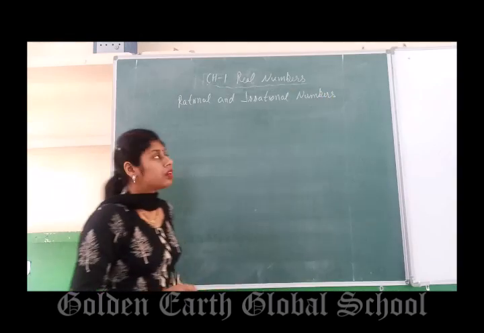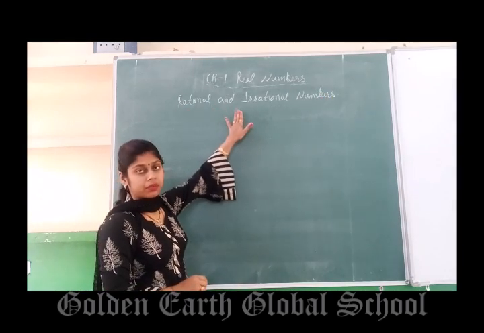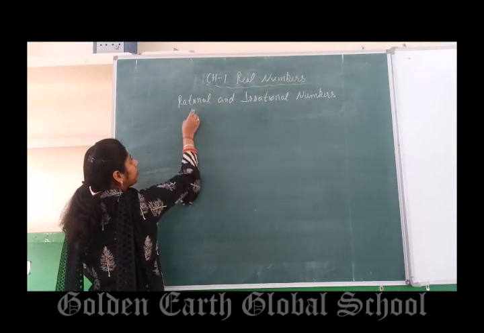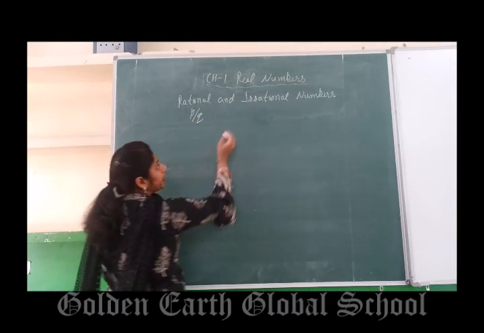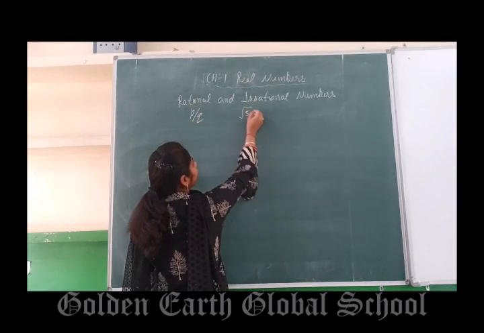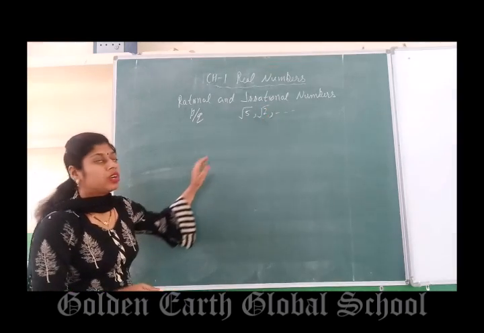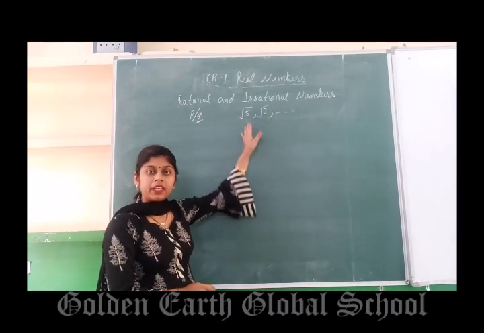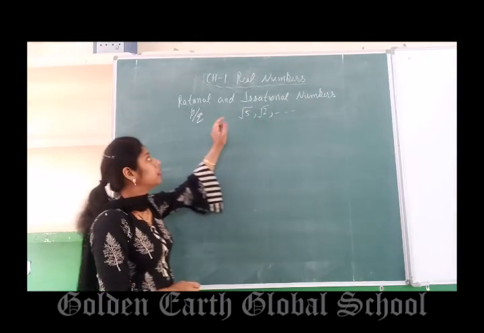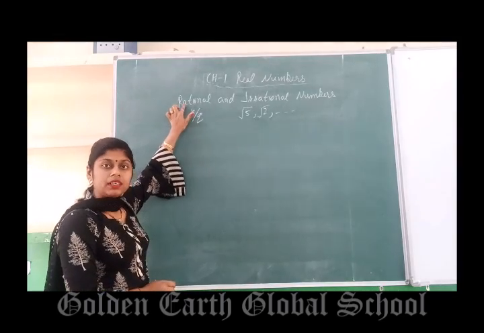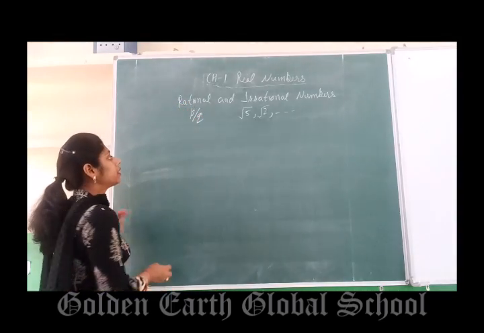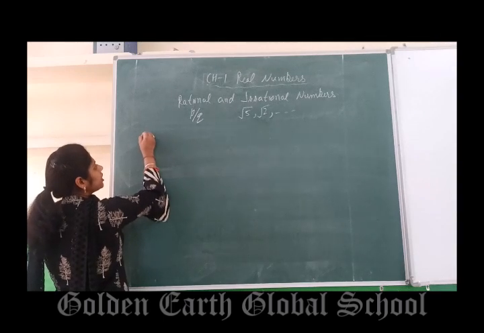Last year we learned what rational and irrational numbers are. Rational numbers are numbers of the p by q form, and irrational numbers are, for example, the square root of a prime number. Or you can say non-terminating and non-repeating numbers are irrational, and terminating numbers are rational. Clear? So our first topic is